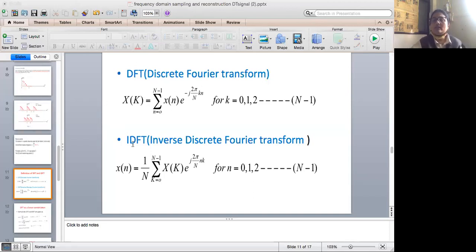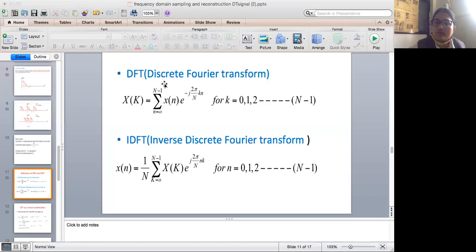If the signal is continuous and periodic, we use the Fourier series. If the signal is aperiodic, we use the Fourier transform; in that case, the input signal is continuous. Now, if I have a signal which is discrete, not continuous, and I want to convert it from time domain to frequency domain, I will have to use a DFT. DFT stands for discrete Fourier transform.